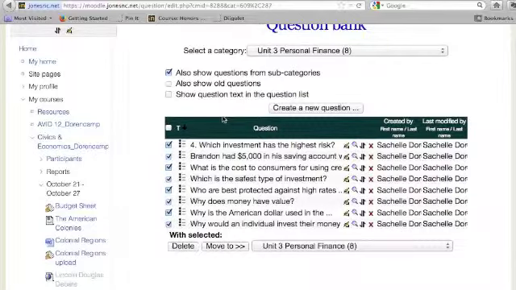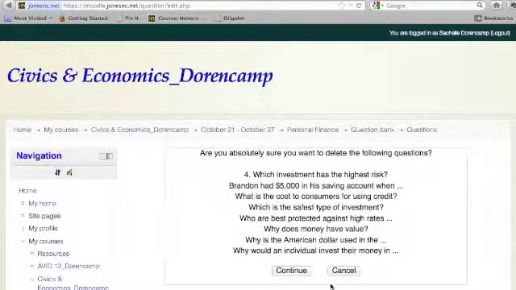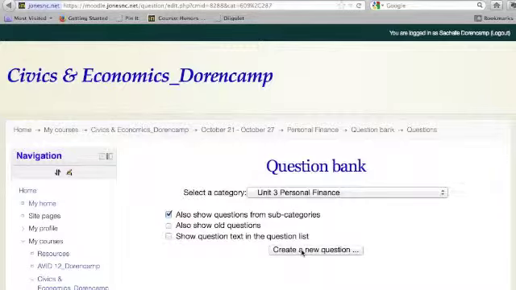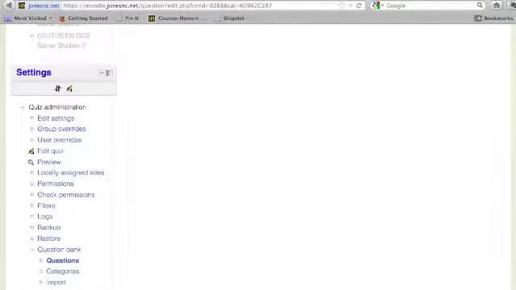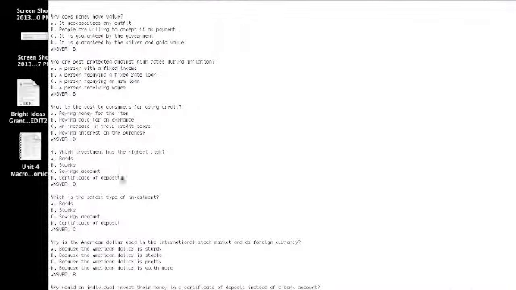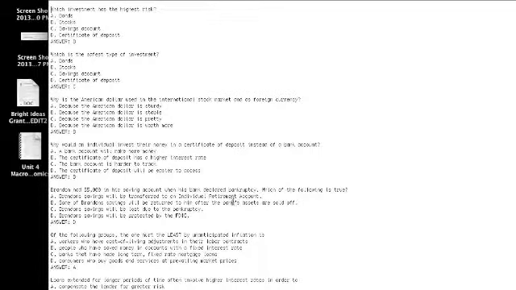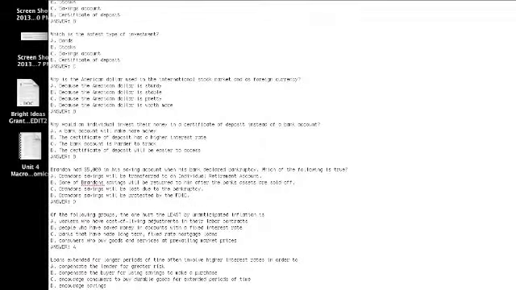I'm going to click on the box above the questions. I'm going to hit delete. It's going to ask me if I'm absolutely sure I want to delete these. I'm going to say yes, and then I'm going to delete them. Now I need to go back to my questions in text format and figure out where my error was. So I'm going to scroll down to the question where it says it stopped. And you'll see that I have left in an apostrophe, and that is what interrupted my uploading. So I'm going to delete that apostrophe,